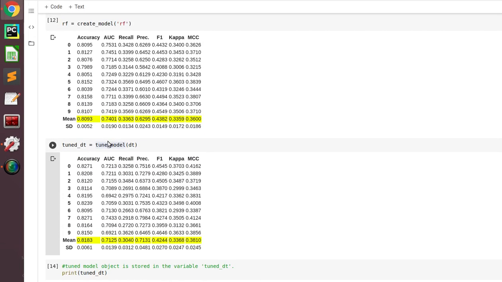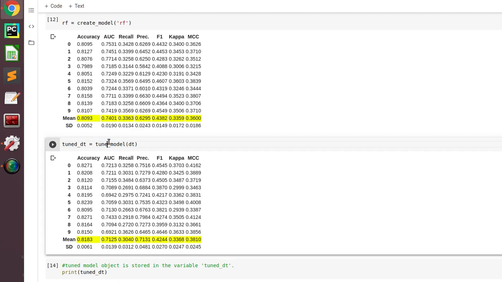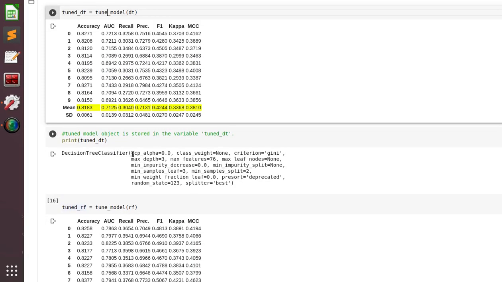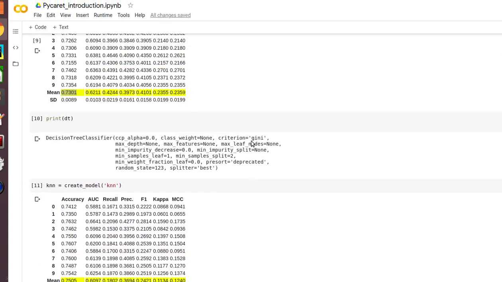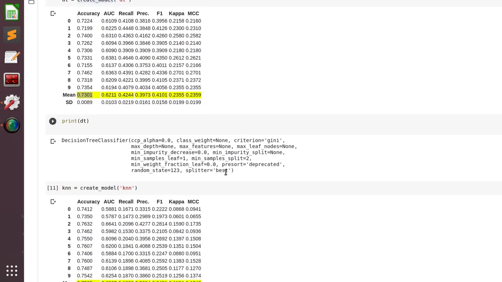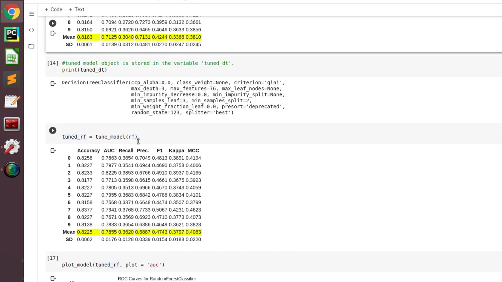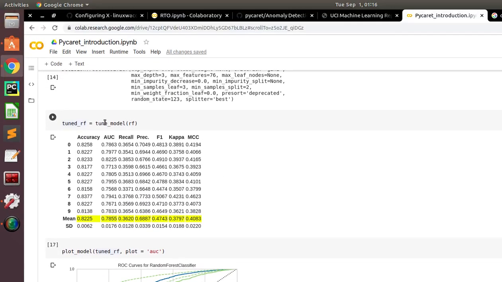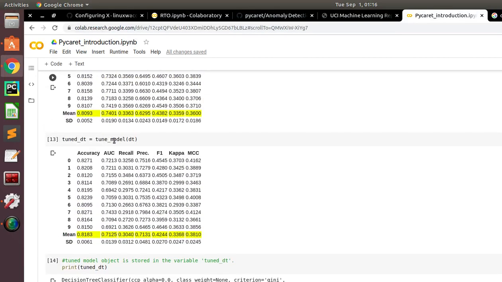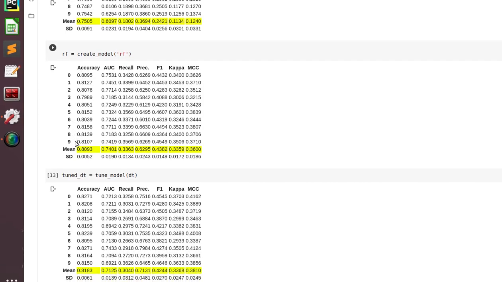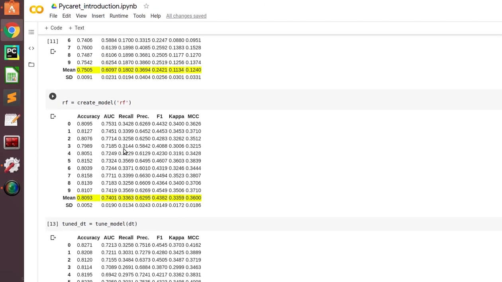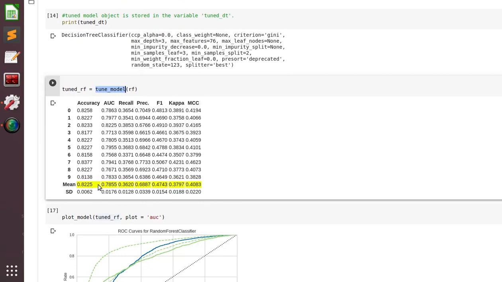It's a very good part of this library to tune the model, and after tuning you can check the parameters, and you can also check the parameters from before. So you can compare how the model is tuned, to understand better how the decision tree changes, or how it changed the model or increased the accuracy. Similarly, I have also done this for RF, random forest. I have tuned it. Check this out. The model had an accuracy of 80.93% when we created it, and after tuning it changed to 82.25%.